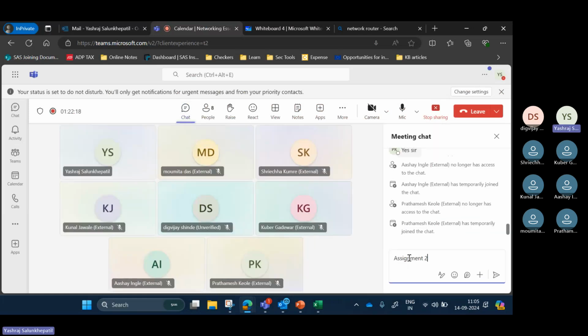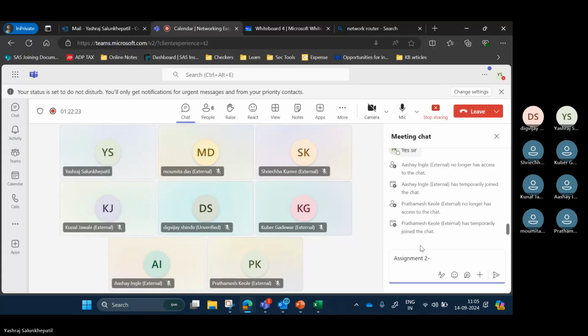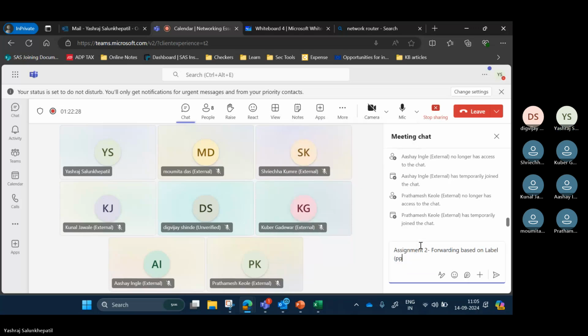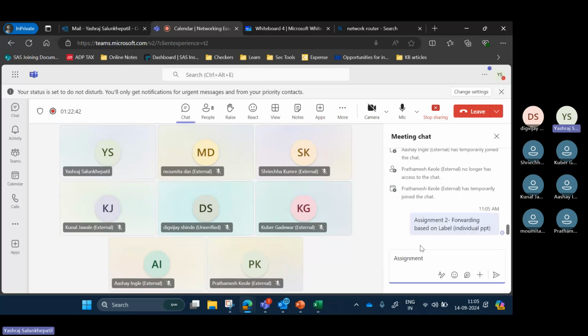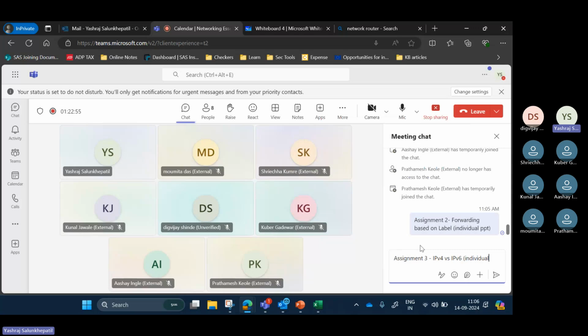Assignment 2: forwarding based on label. PPT, individual, no group. Assignment 3: IPv4 versus IPv6, individual.